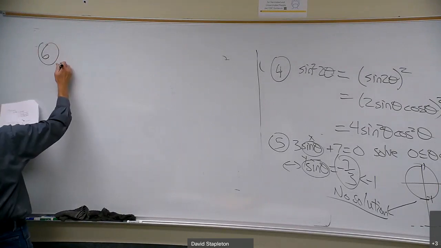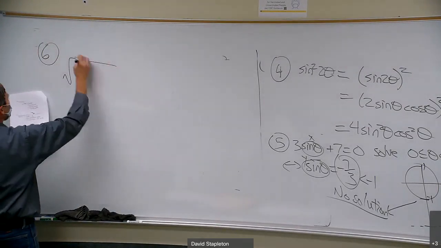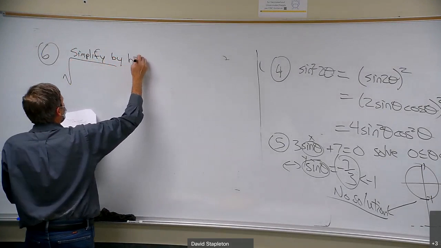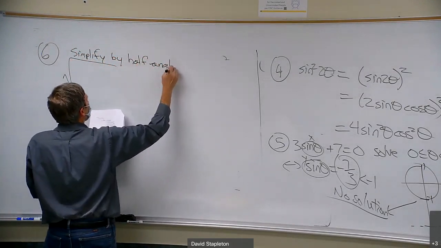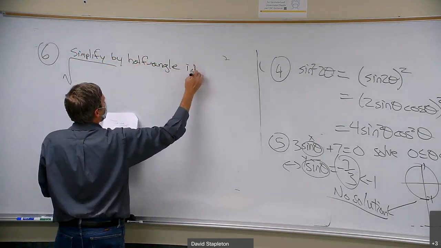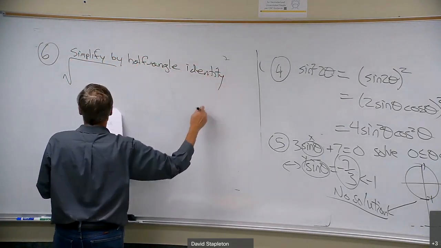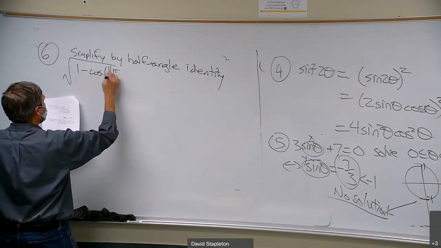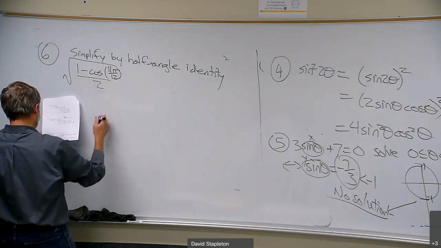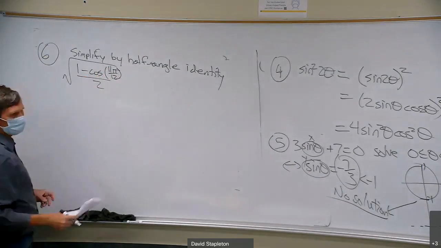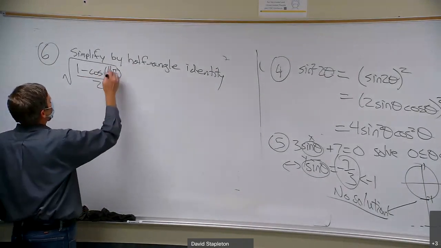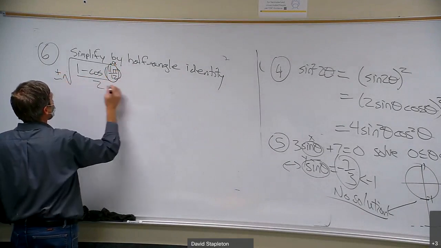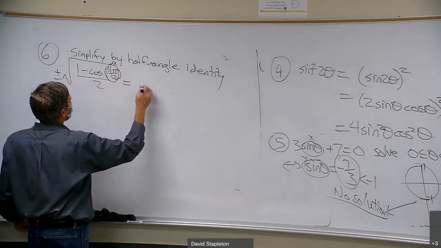Again, simplify by the half angle identity. I give you a hint. Simplify by half angle identity. Square root of 1 minus cosine 11 pi over 12, all over 2. How do I make that simpler? I remember the half angle identity that the square root of 1 minus cosine alpha over 2, plus or minus, is equal to